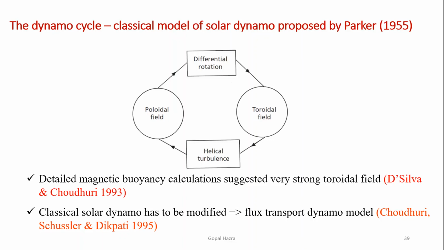That was one. Also, with the observed helioseismology differential rotation, the butterfly diagram I showed, the sunspots are happening at the top and it is going down. That was not explained. So those are the two things which came into the picture,